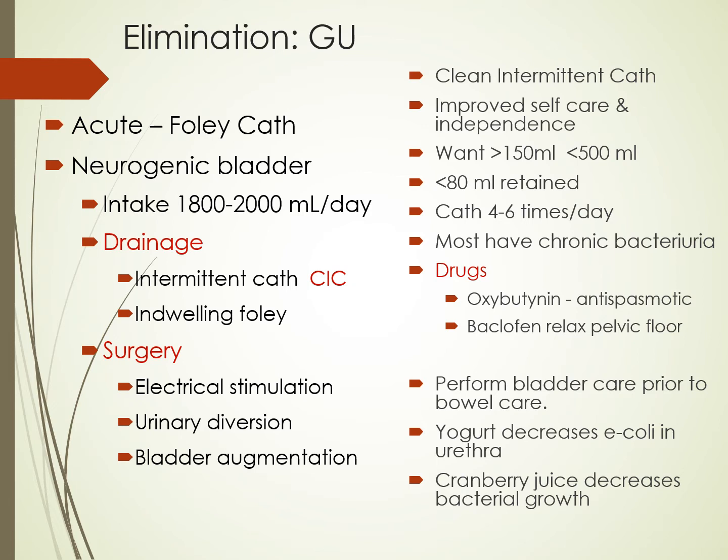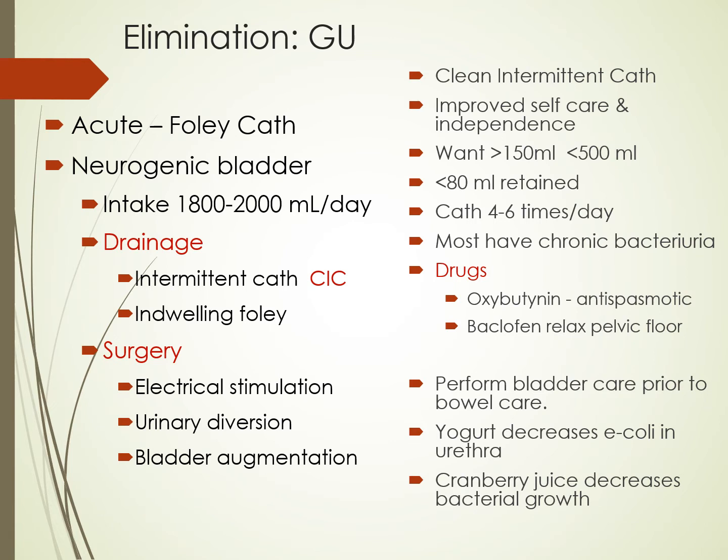We want an intake of 1,800 to 2,000 milliliters of fluid per day. One of the best things that is used is clean intermittent catheterization. It's called CIC, and that is better than an indwelling Foley. As you know, with Foleys there's a really increased chance of sepsis and infection. But when people do their own clean intermittent catheterization, they've got their own bacteria, they're doing it in their own home. It's not sterile, but it's an effective way to keep infection down